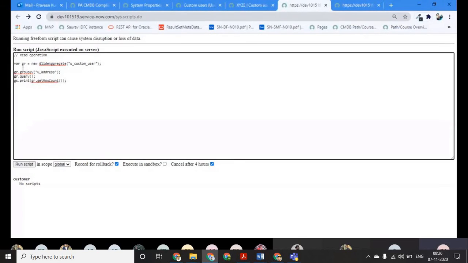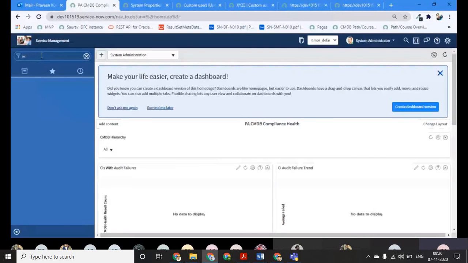So basically, in ServiceNow, you can understand the scenario in this way: we have multiple incidents. For example, let me open the incident table.